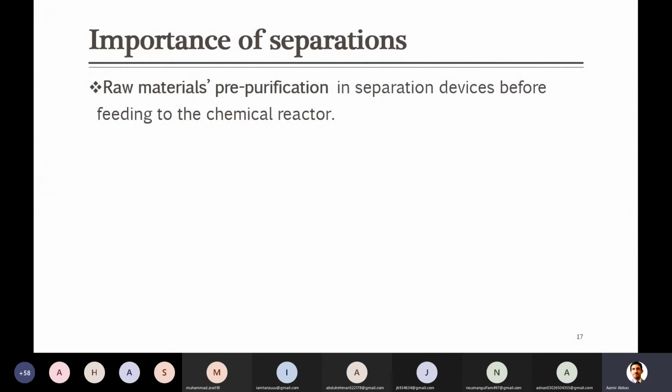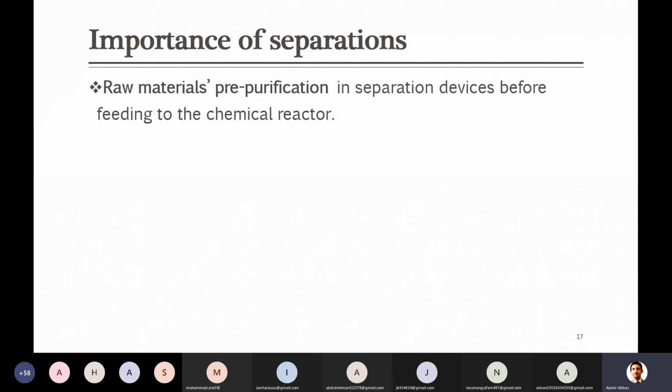equipment. As well, sometimes these impurities are poisonous for your catalyst, because in chemical processes most of the time we have to use catalyst. As I was giving you the example of the urea production plant, in that sulfur is removed because if you bring the sulfur to the hydrogen production unit, which we usually call reforming, the reforming catalyst gets poisoned with the sulfur. If sulfur is there, that will just deactivate the catalyst, because sulfur will just combine with the catalyst and it will stick to its surface.